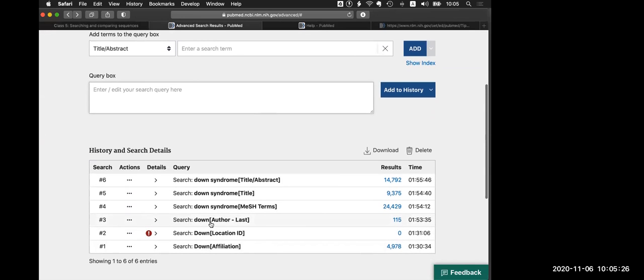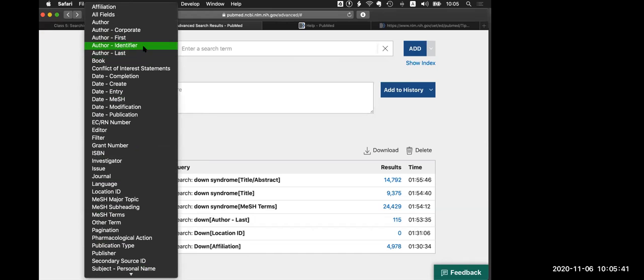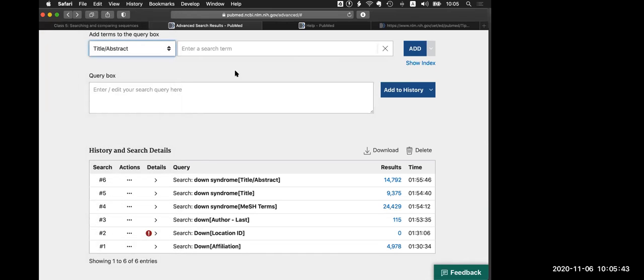Then I looked for the doctor Down. People don't write doctor, so the keyword doctor should not be there. What I did is to choose here author last name. Author last, since we had that option. And I got 150 Brown as author, Down as author. Then when you search for Down syndrome,